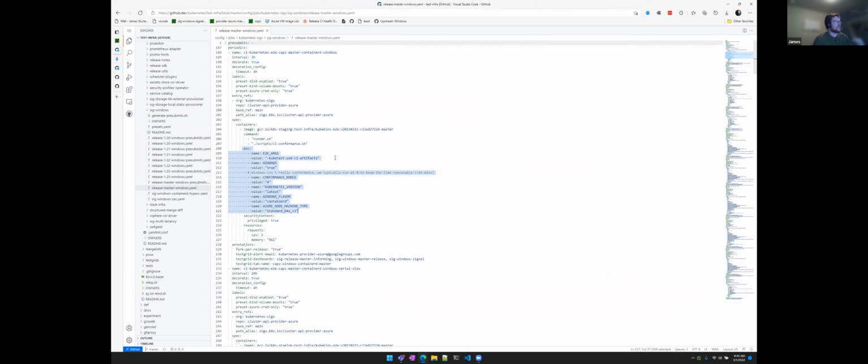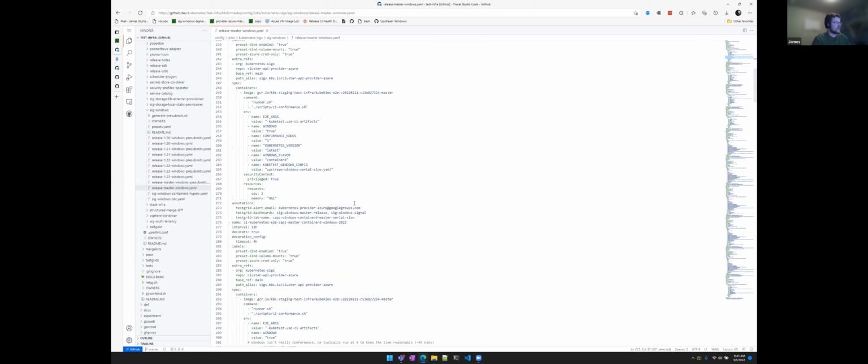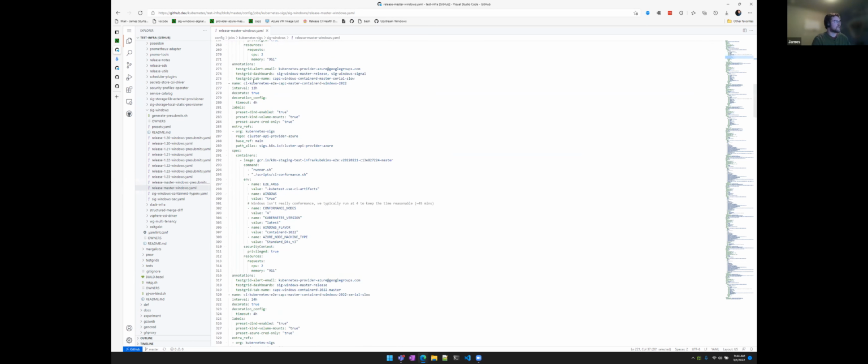So this is just telling it to use the Kubernetes pre-built CI artifacts. It's telling it to use Windows and containerd and the size of the VMs underneath the hood. But you can find them all in here. They're all configured in here. This is another example of where we're using containerd on Windows Server 2022 and all the configuration that is required